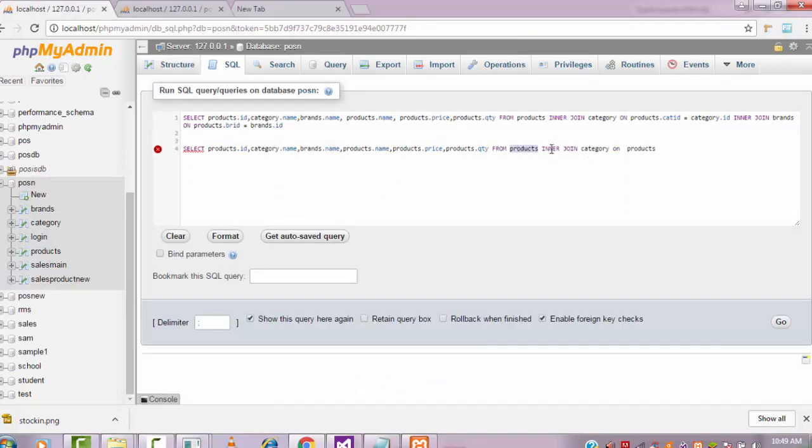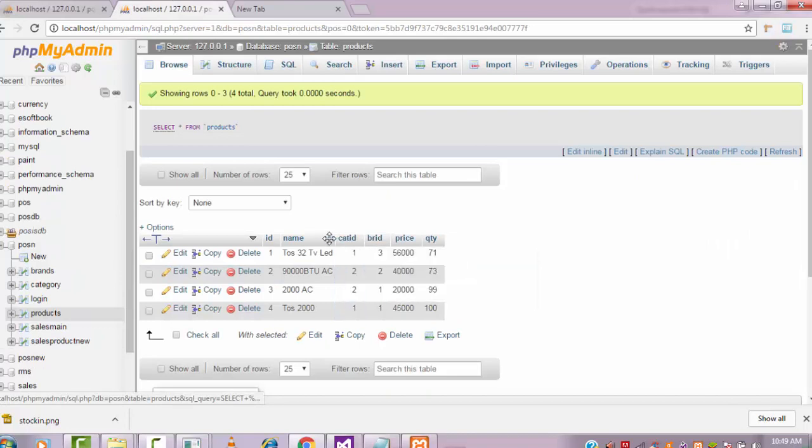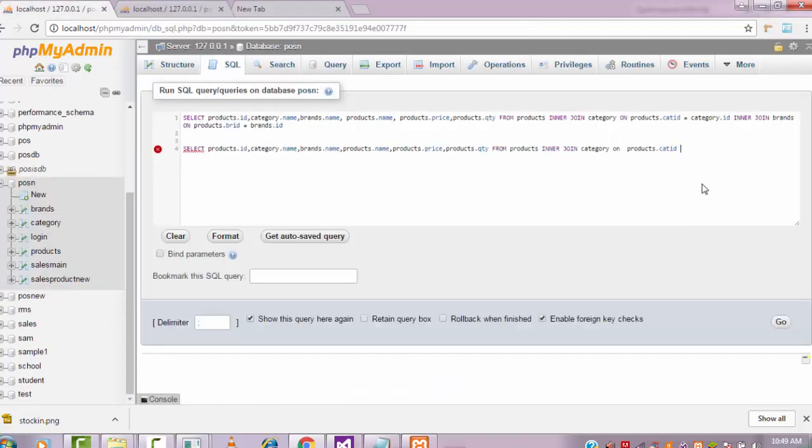Here products inner join category on products dot, how to join products ID to category, products dot cat ID mean this one, products table dot cat ID mean this one. After that equal cat ID, this ID coming from here.